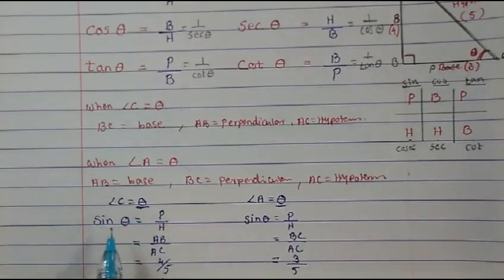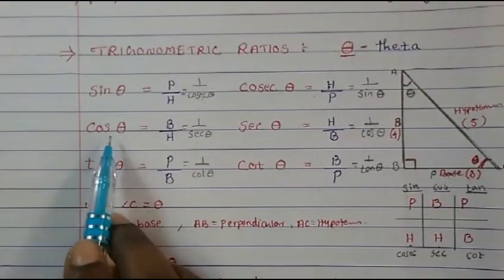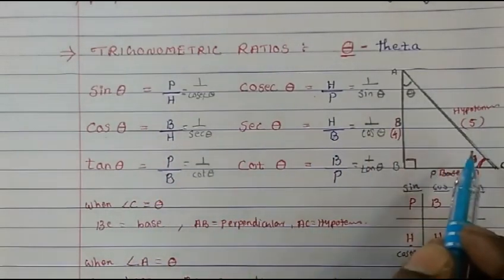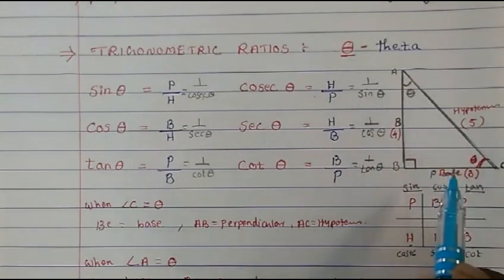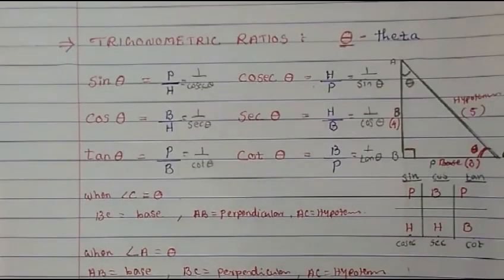So when theta is there, accordingly you write down whatever perpendicular measure you have, and whatever hypotenuse measure you have. If your theta is somewhere else, accordingly your measure will change. Is it clear? The same way for the others also. Cos theta is base upon hypotenuse, that you remember. Depending on where your theta is, that becomes your base and perpendicular. So you have to pay attention. As we do the sums, this concept will become clear to you. For right now, I hope whatever I have taught you is clear.